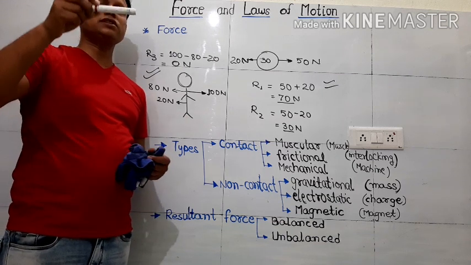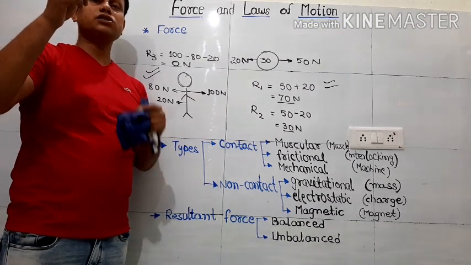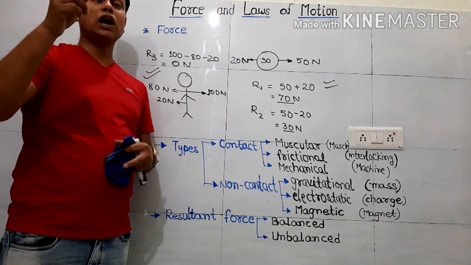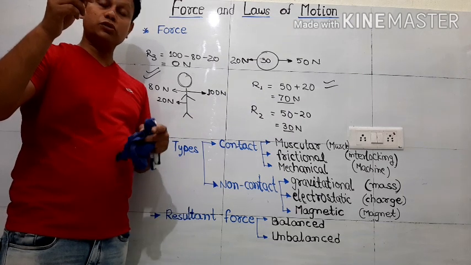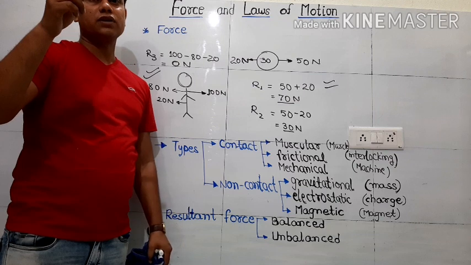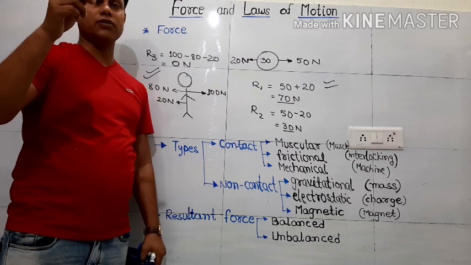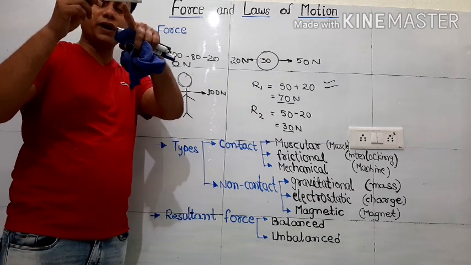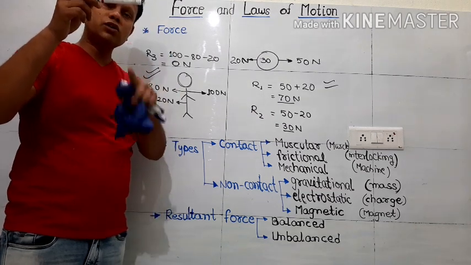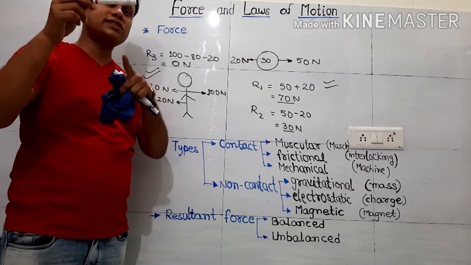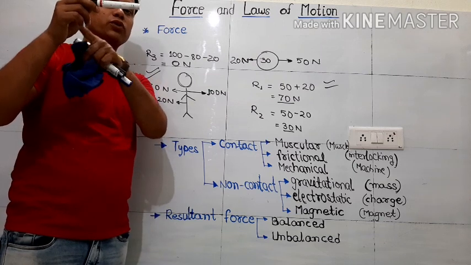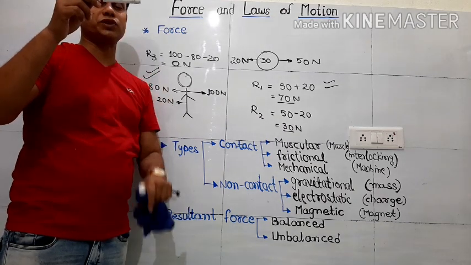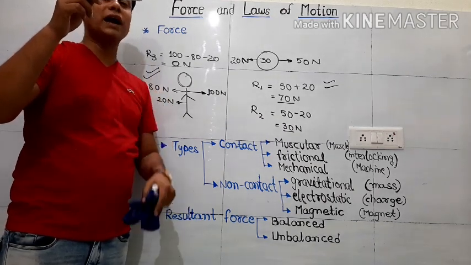Like suppose I am holding this marker, it is not moving. That means here the total value of force is 0. How come it has 0? Do you think that no force is acting on it? There are two forces acting on it right now. One, obviously, the gravitational force of the earth, which is trying to pull the pen down. Then why is it not going down? Because by the same value I am applying muscular force in the upward direction, and that's why it is in the rest situation. So now the forces are being balanced.